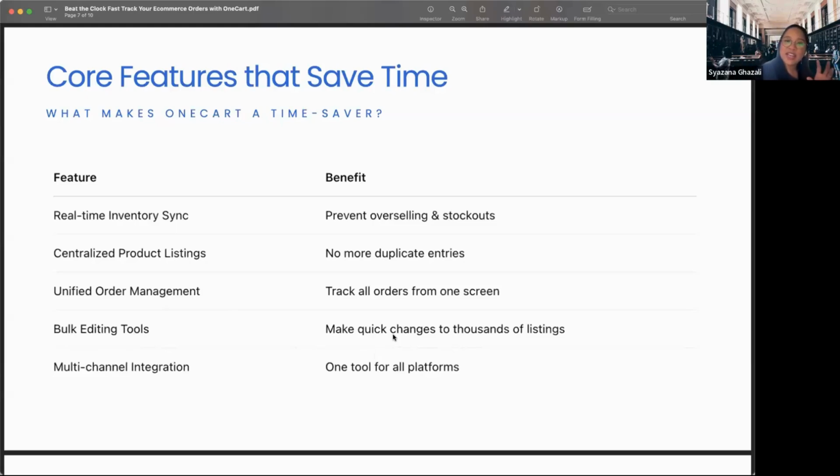Quick changes like changing the description of your listing or the price of your listings, all this you are able to do in OneCart quickly without having to log into your seller center. Multi-channel integration, as you know it, right now OneCart supports a lot of the platforms, and even Zalora as well. So if you're interested and keen to connect to OneCart, you can just let me know, and I'll help you with the